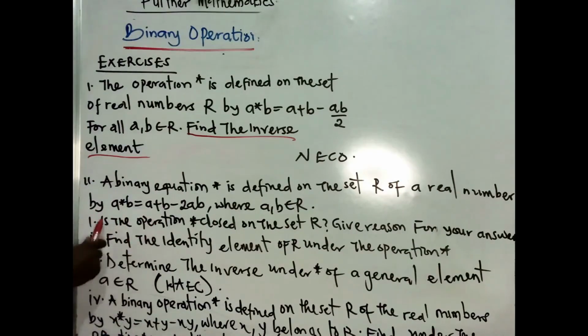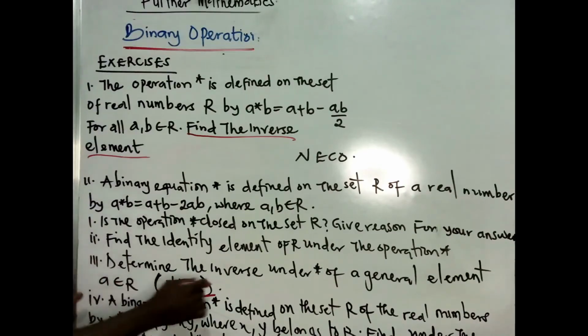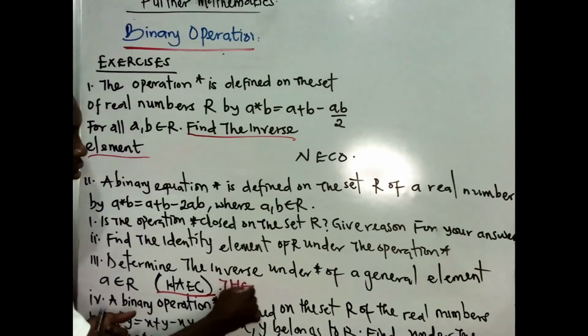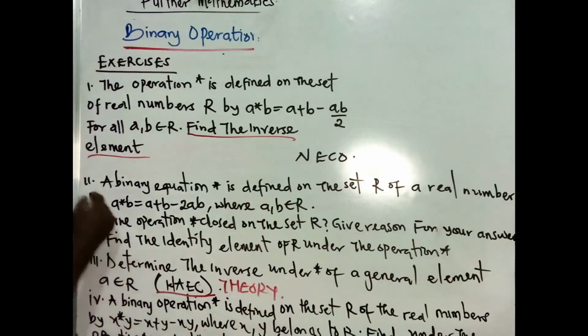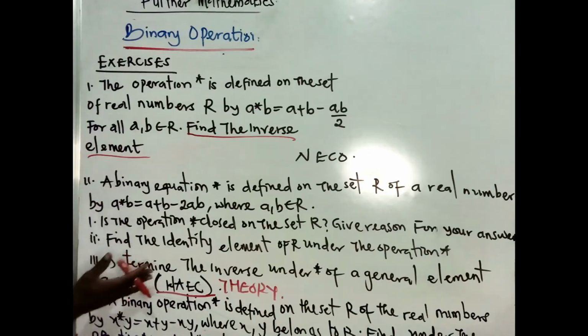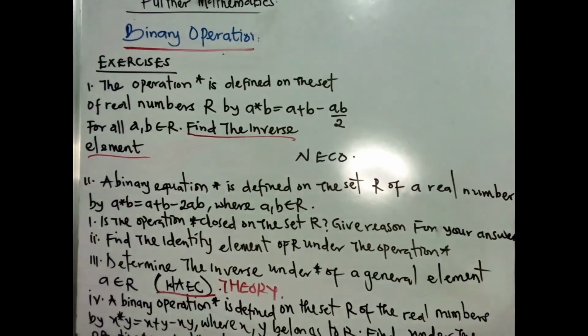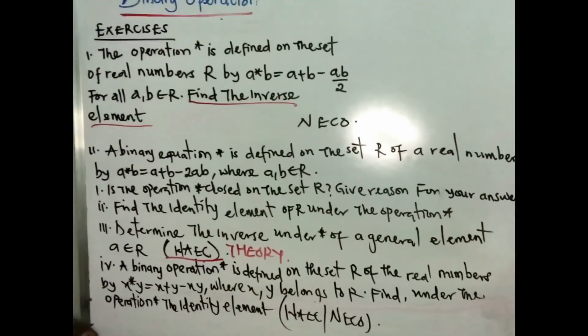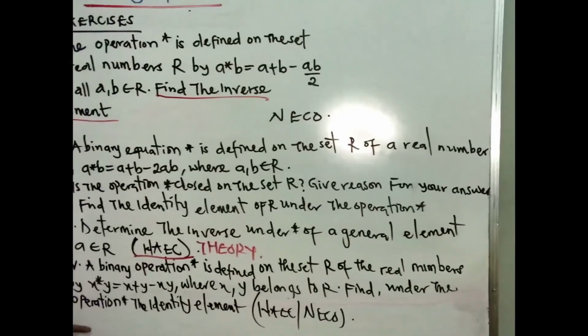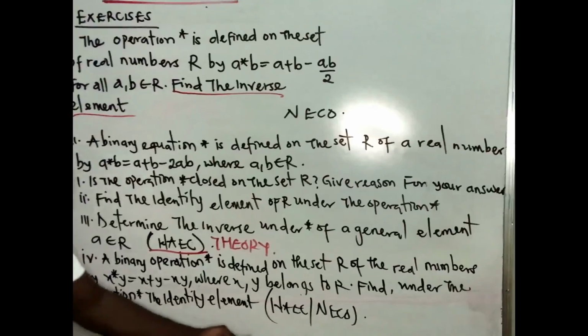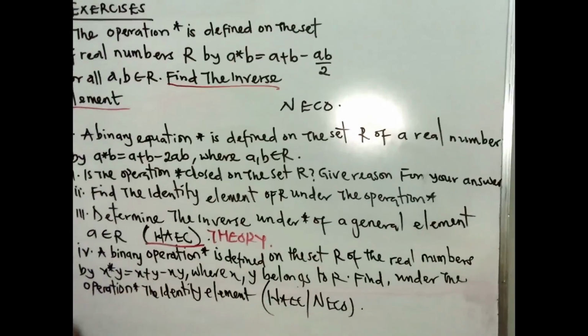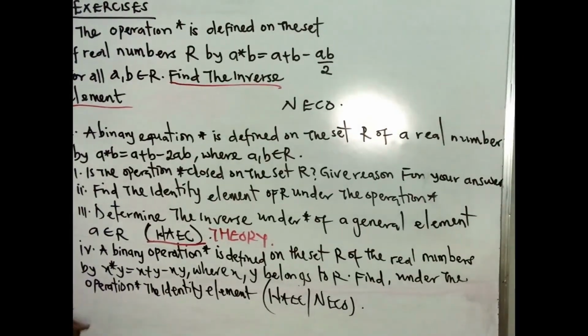This one is a theory question, so you have to read and find what you need to get. And you have another question here which you are supposed to do, down to this point. So you solve them and send your solutions to